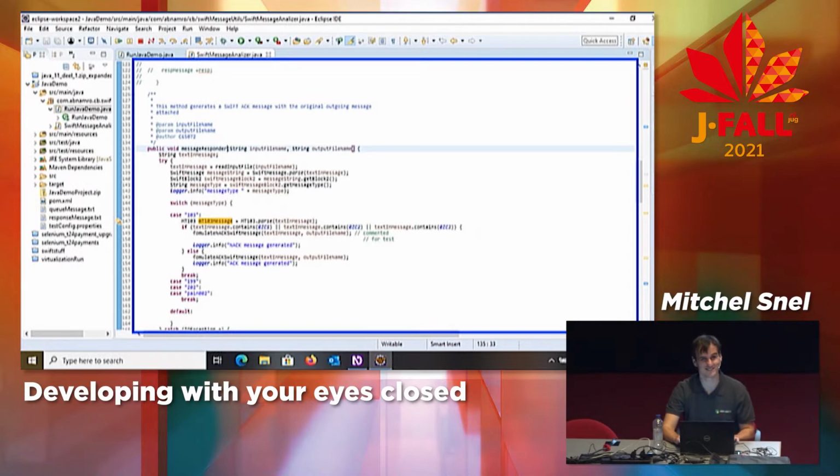So let's go down. String textInMessage; try {. textInMessage = readInputFile(inputFileName);. SwiftMessage swiftMessage = SwiftMessage.parse(textInMessage);. SwiftBlock2 swiftMessageBlock2 = swiftMessage.getBlock2();. String messageType = swiftMessageBlock2.getMessageType();. logger.info("message type" + messageType);